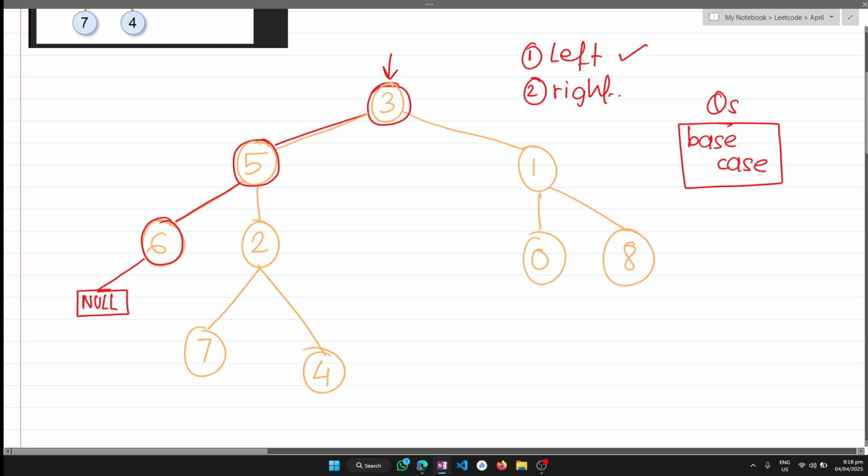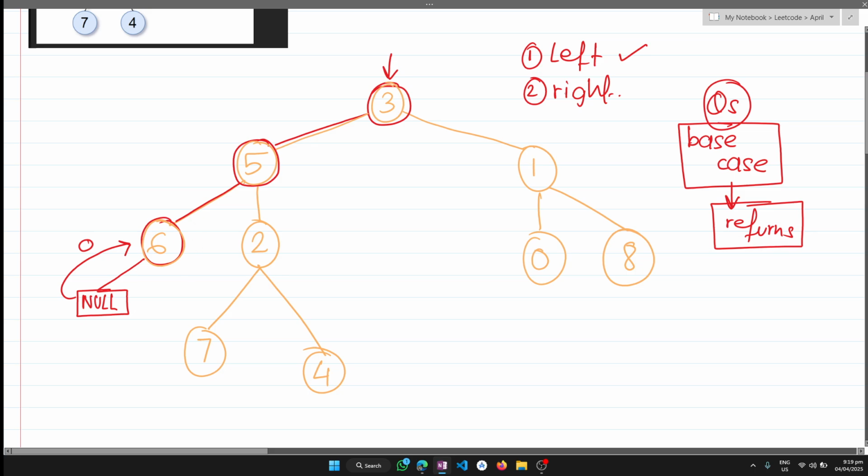Now a very important question arises: what am I going to return from this? Because a base case returns something, right? In 100% of the cases, a base case is something which returns something to the previous function call, to the previous state you came from. So what does it need to return? Let's say it just returns 0. Okay, for now let's say that it just returns 0, as in on the left side of 6 there is